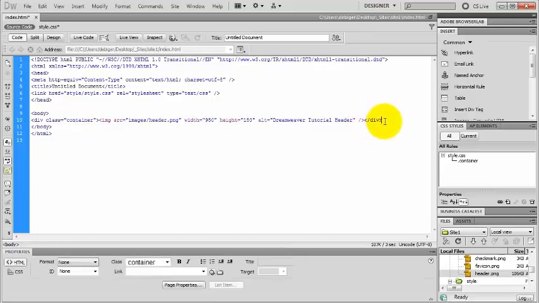my div close tag. Make sure you don't have a p paragraph tag wrapping around your image, because if you do and you style your paragraph tag later, it's going to apply to your image as well, and you don't want to apply, let's say, the paragraph margin to your image. Okay, I go back to design view,